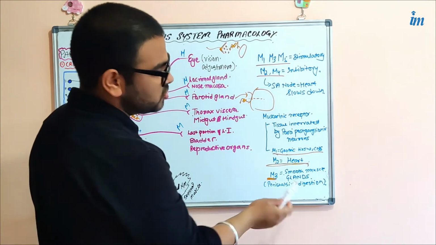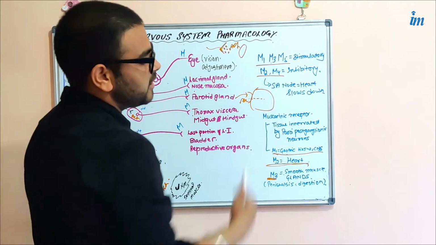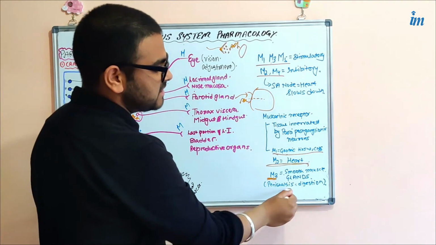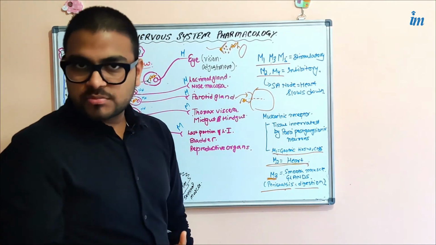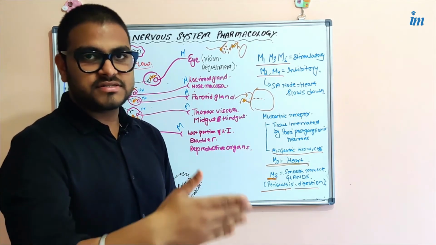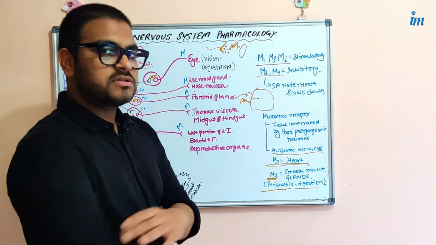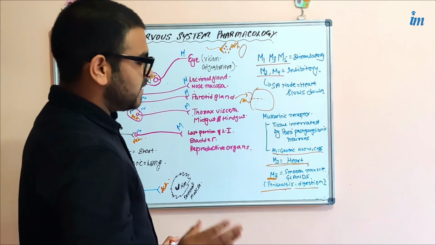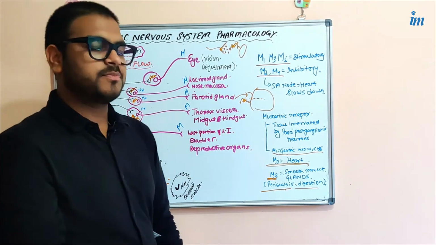M3 receptor, so what type of receptor is it? It is again a stimulatory type of receptor. Stimulatory receptor means it will stimulate the peristalsis, it will stimulate the contraction of the smooth muscle of your GIT, and it will propel the food from your stomach towards the intestine and the large intestine. So it will stimulate the peristalsis. So it should be remembered which type of muscarinic receptors are stimulatory and which type are inhibitory, and